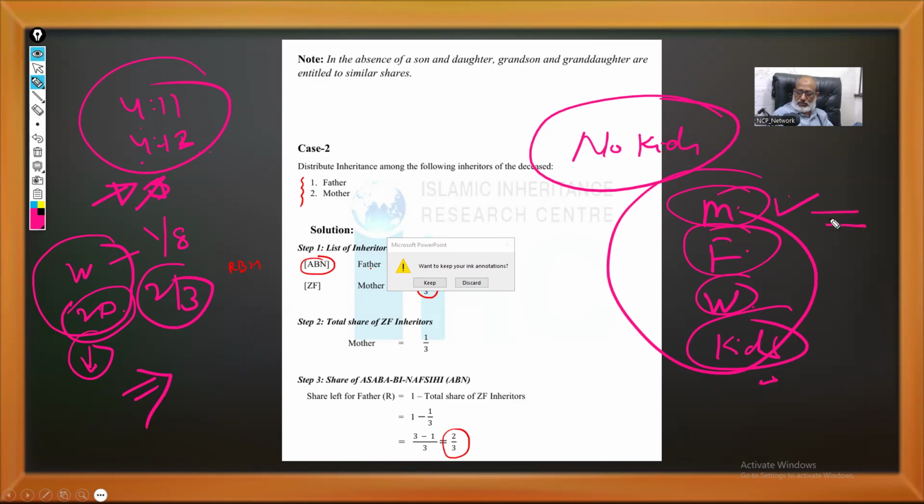You can see that I have discussed in the first lecture, there is a list of 9 women and 4 men. The 4 men are the husband, father, grandfather, and maternal brother, and there is no son in that list. Why is there no son? That you can ask Allah subhanahu wa ta'ala after death. Because we follow the order written in the Holy Quran. We are not following the rule given by the Supreme Court or the High Court. Our High Court and Supreme Court is the Holy Quran. Understood?